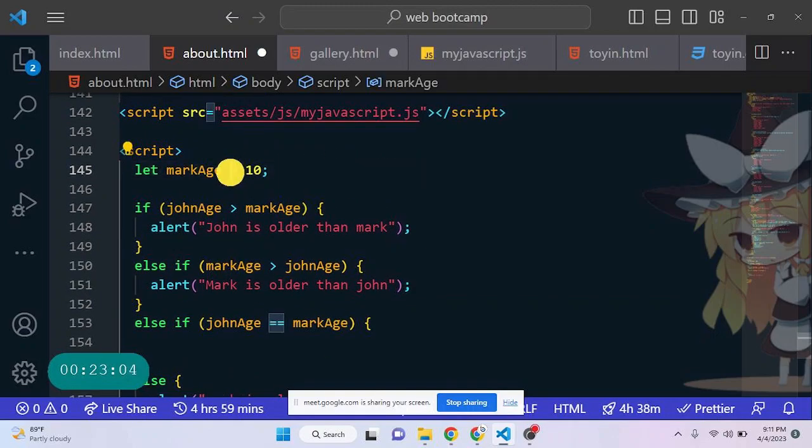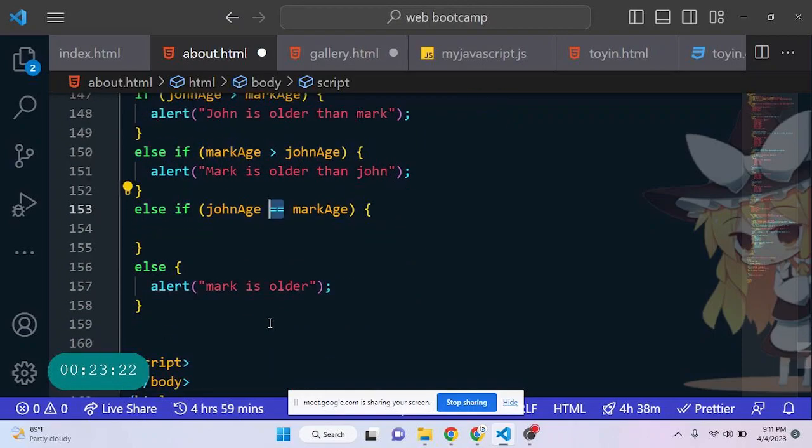The one we use here, this single equals to here, is what we call the assignment operator, because you use it to assign a value to a variable. That's why we call it the assignment operator. But it's different from this double equals to here. This double equals to is not an assignment operator, it's actually a comparison operator used to compare between variables to know if